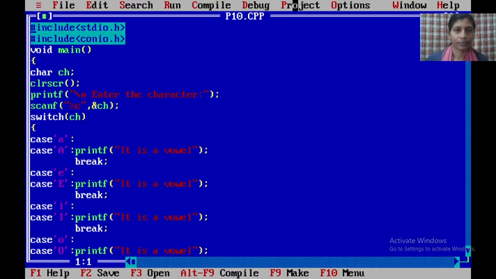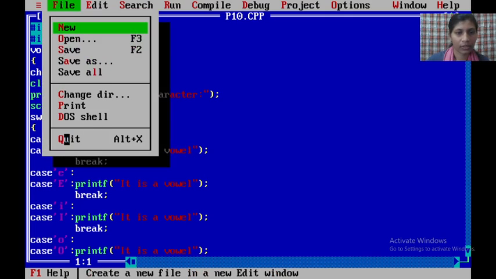If you enter any consonant, meaning other than these 5 vowels, it displays the message, it is not a vowel, it is a consonant. Okay, this is your 10th C program. So we'll quit it here.